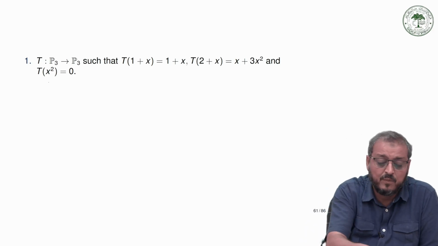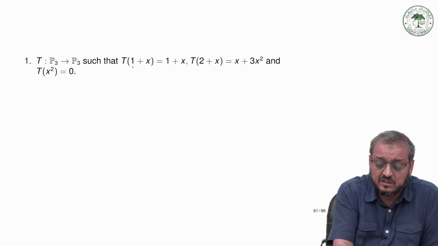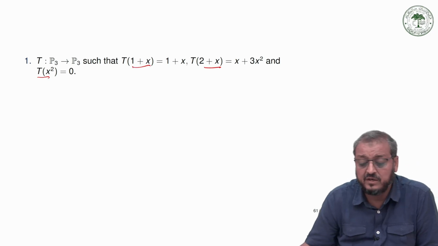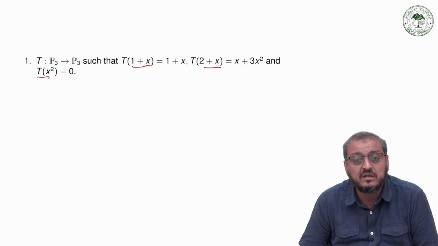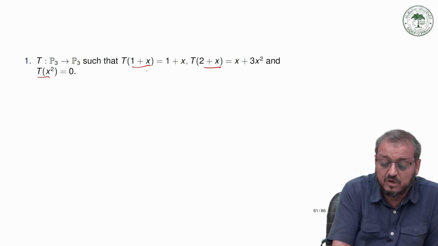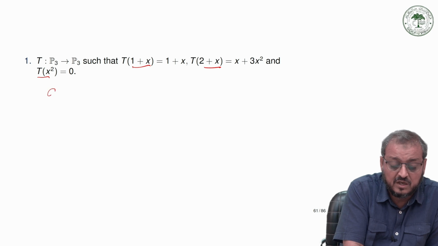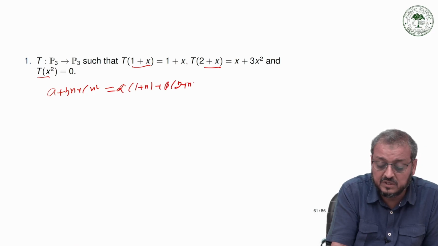Similarly, we have to try this polynomials one. This vector and this vector are clearly linearly independent. So this clearly forms a linear transformation, and for this linear transformation we can easily find the general formula. So you just take a plus bx plus cx squared, which can be written in the form of alpha times (1 plus x) plus beta times (2 plus x) plus gamma times x squared,